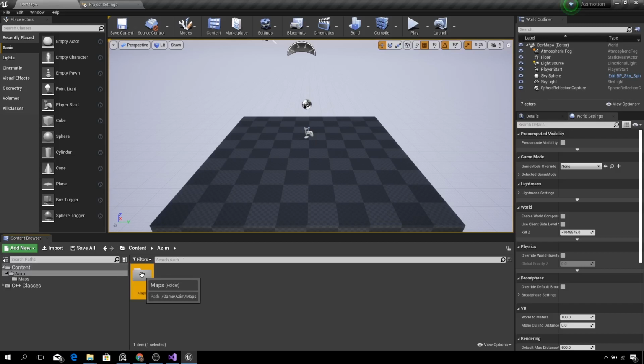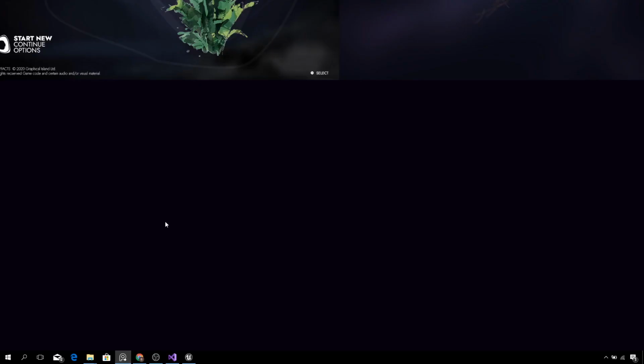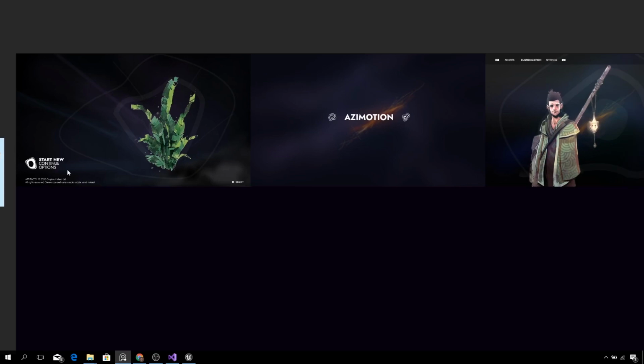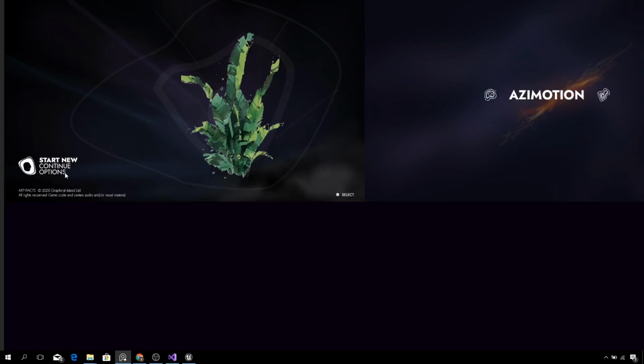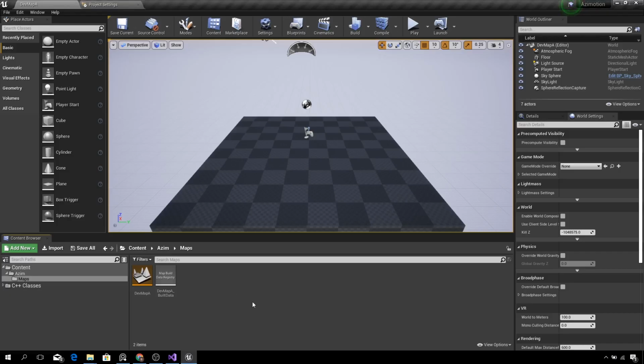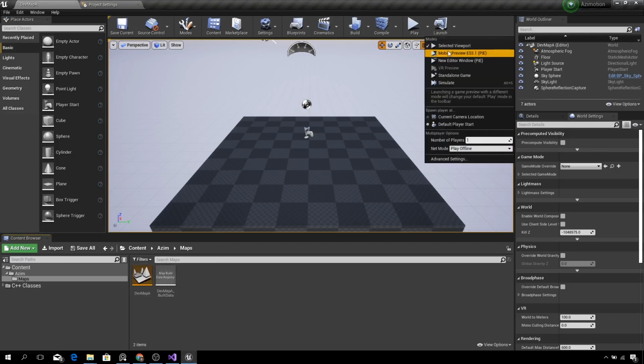The next thing we'll need is an intro map. That's the map where our main menu is going to be located. If you look at my UI mockup, this will be our main menu. I'm not going to design every element of this image, but the basics: place this text and create a small menu so we can load this map. If we hit play now,